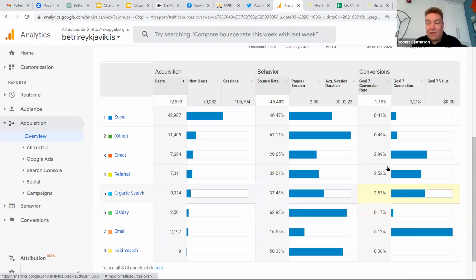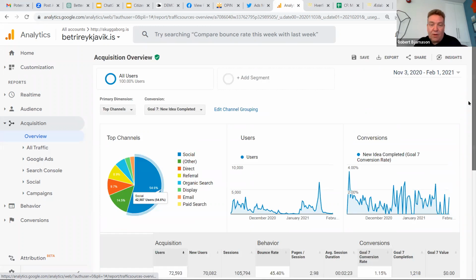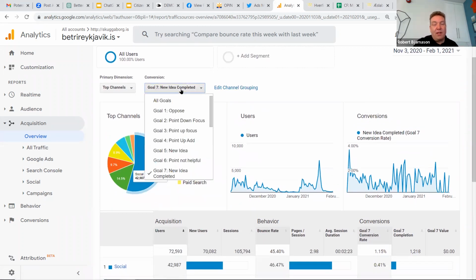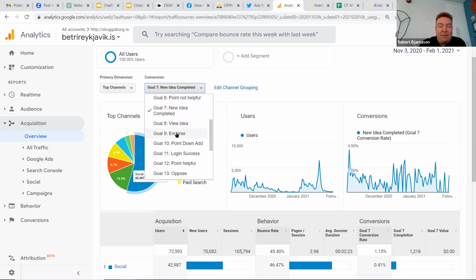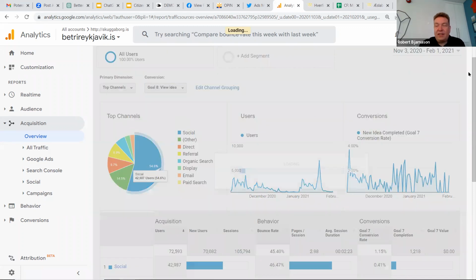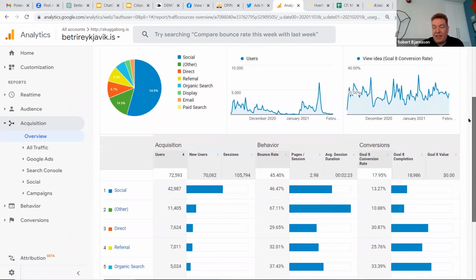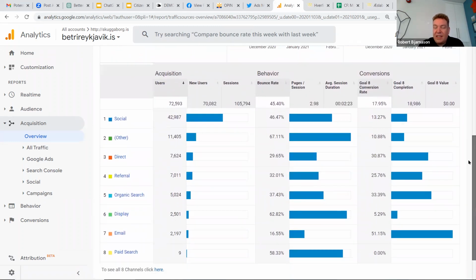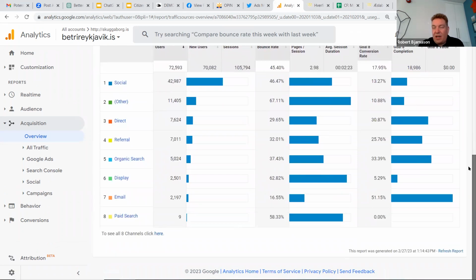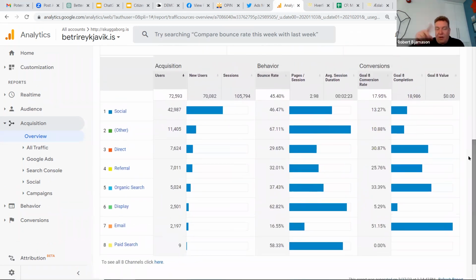And social media also is very general. I mean, if we change the goal, let me see, we change the goal to, for example, view idea. So that's another goal, of viewing an idea. Then you get much higher conversion rates, of people who basically go and see a list of all the ideas with a lot of information there, but those are people who click on and start to deep dive into the different ideas.